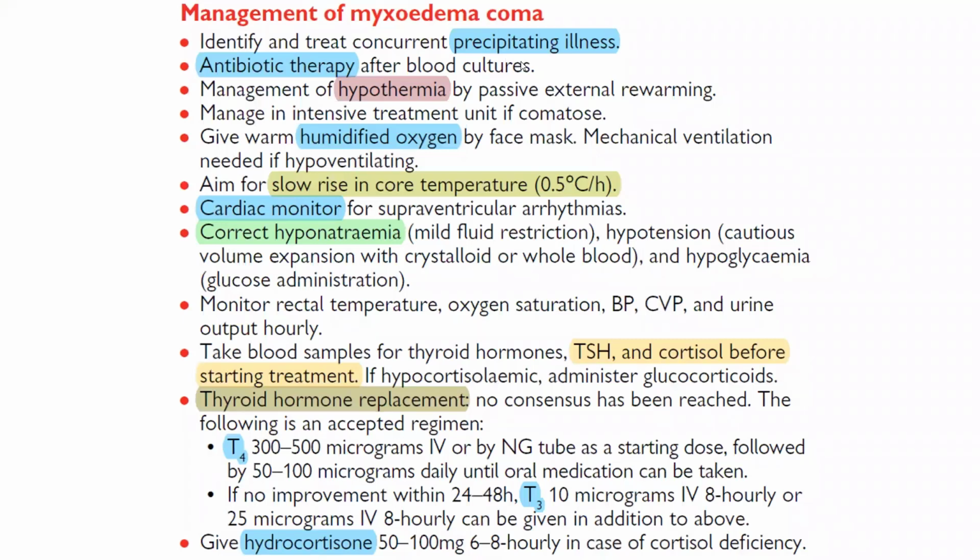Dr. Sadia asks: do we stop and then restart thyroxine in iatrogenic hyperthyroidism, or just reduce the dose according to the situation? If the patient is cardiac, I will stop. If the patient is not cardiac, just reduce the dose. And of course, if there is tachycardia or palpitation, we can give a small dose of beta blocker in this situation.